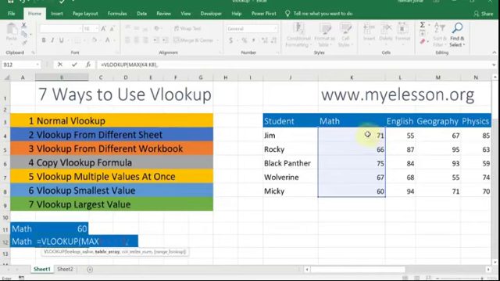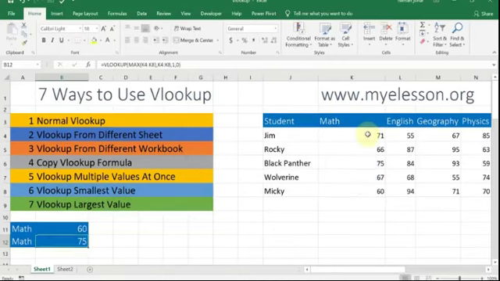Now comma, again, VLOOKUP comes in, table array is this, comma, VLOOKUP says index number, same index number is 1, comma, 0, close the bracket, 75. Isn't this cool? So this is how we use VLOOKUP in 7 ways.